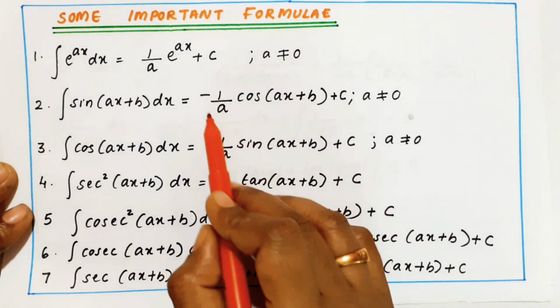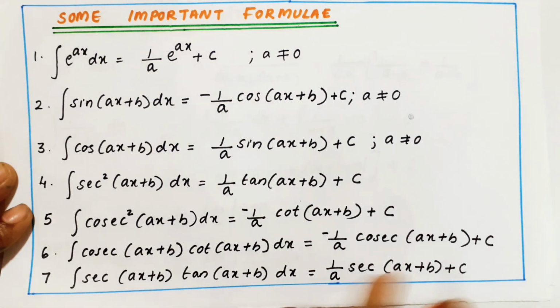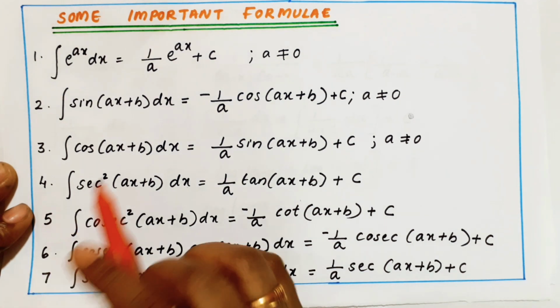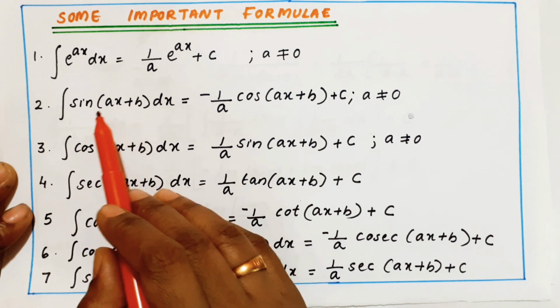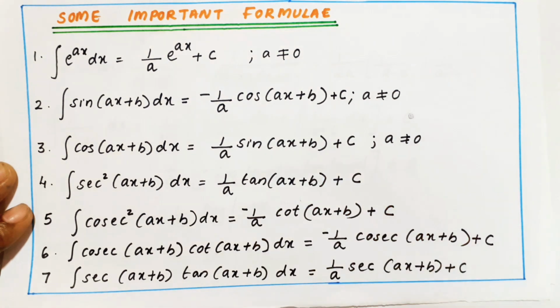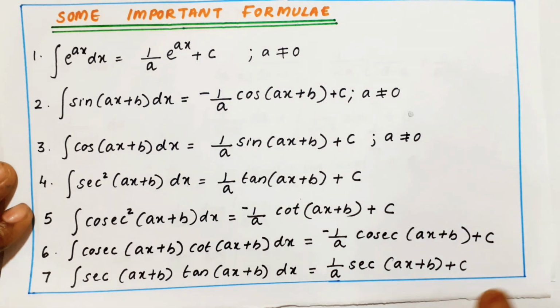So what happened for that constant? That's the only thing I need to tell: in all the places it comes in the same way, you should remember that. The rest of the equations come the same. Only that constant matters for integration. In differentiation it comes in another form, as you already know. It is the form of a constant like a, so what happens after integration for that constant? It's not a new equation. This is the same as the previous equation we learned, but here a constant with x is also coming. That's all.